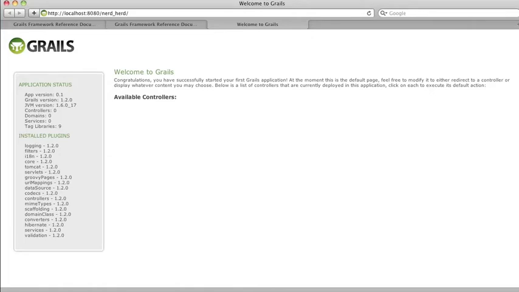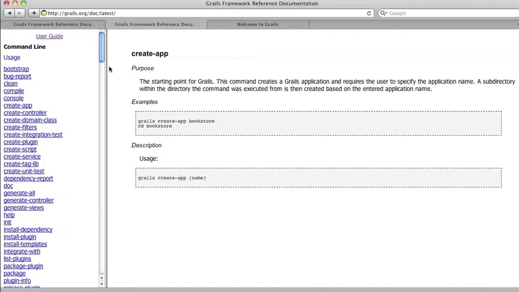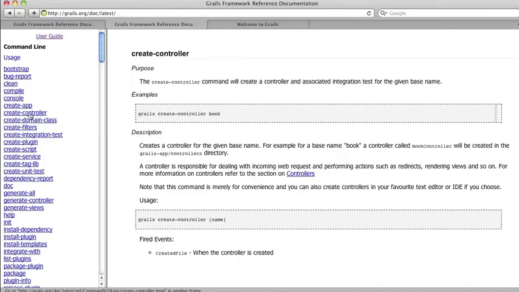Okay, the first thing I want to do is create a controller. Now the controller is part of the MVC structure, the model view controller, whereas the domain classes are the models and the GSP files are the views. So to create a controller, I'm going to go to my Grails framework reference and look here at create-controller. So I'm going to copy this command,